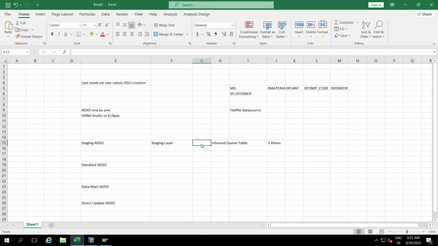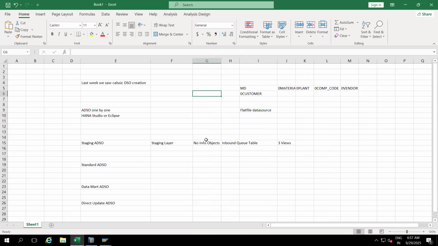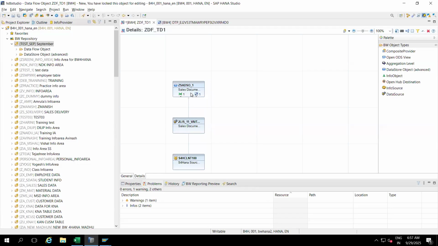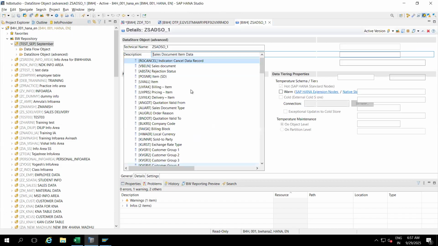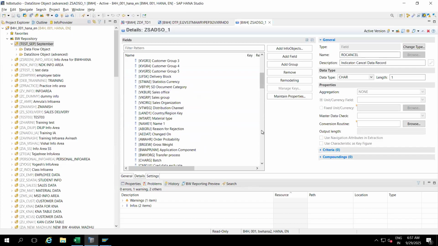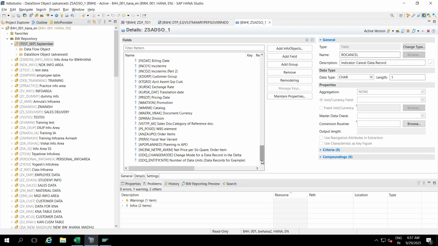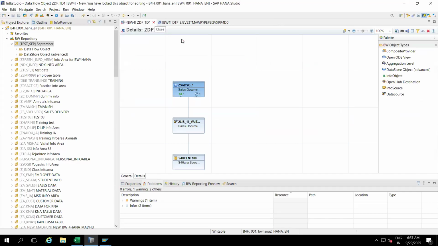No InfoObjects we are involving in the staging advanced layers. All fields only. At the moment you can see all the fields only. There is no InfoObject. In real time, 99% we have to create this one like this only. Okay, don't get confused. And if you want to load the data, once you execute this